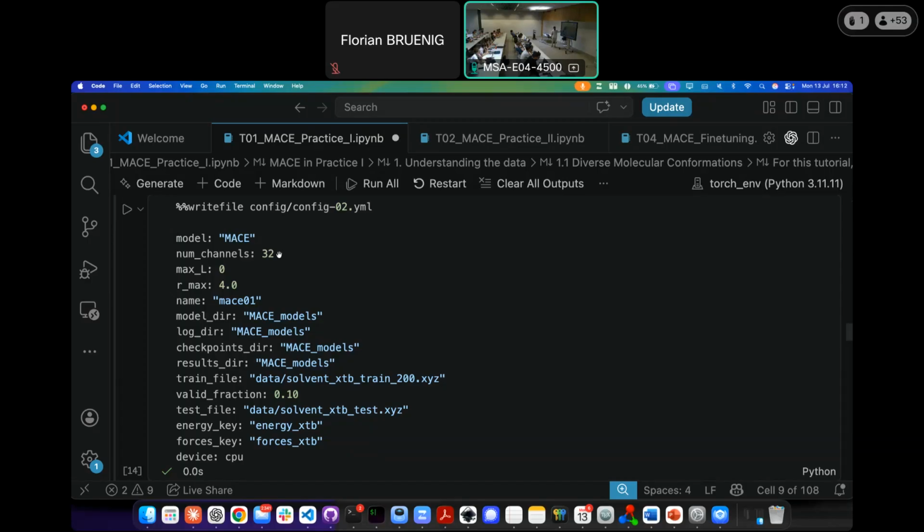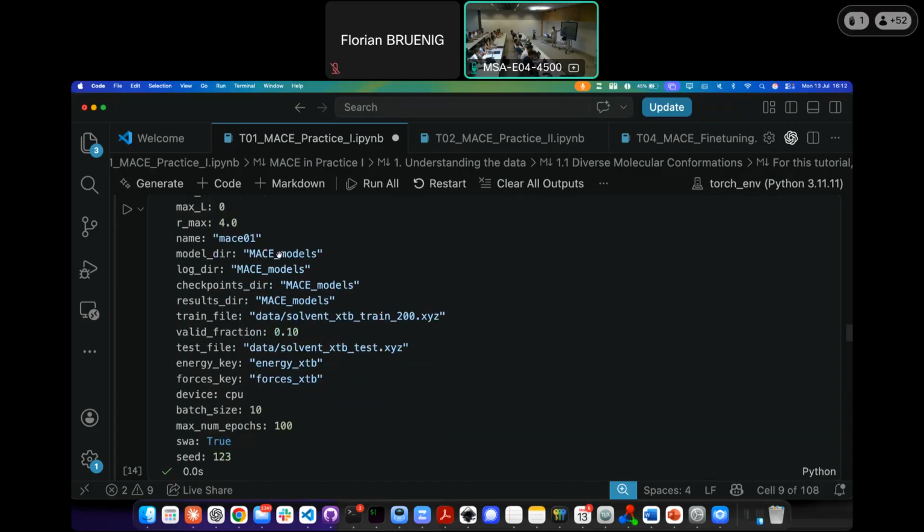And also max L equals 0, and the cutoff is 4 angstrom. These are the hyperparameters that I told you about. If you don't specify them in the config file, then they will just get set to the default. You don't have to set them. Then the other thing that you need to do is give a name,